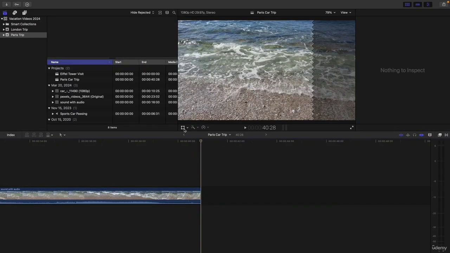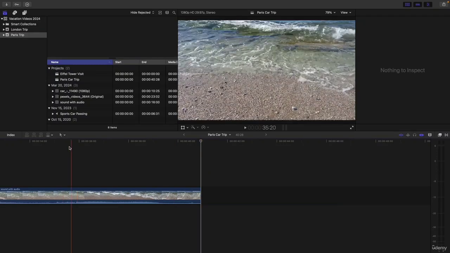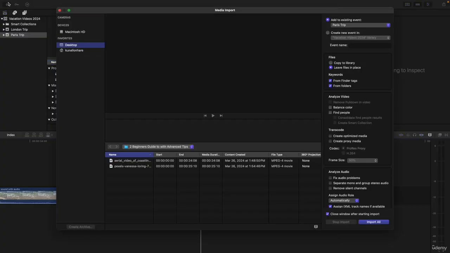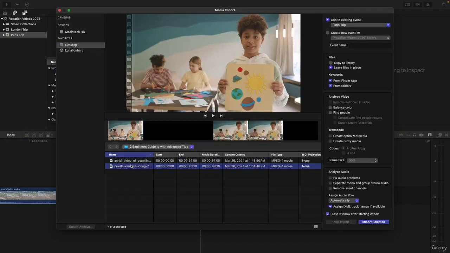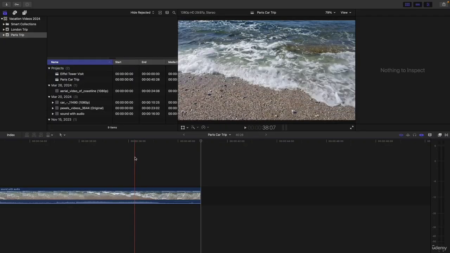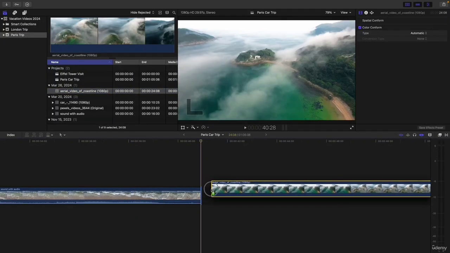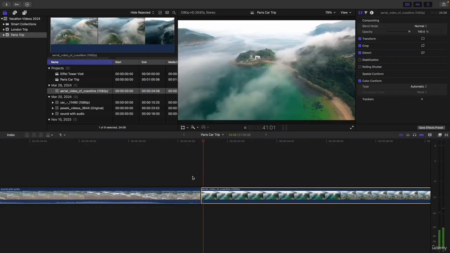Now guys, we will talk about transformation. This is a setting which we also require, and this is very interesting. To use this, first of all, you have to import a new file. For example, let's import this one. If I put it over here,